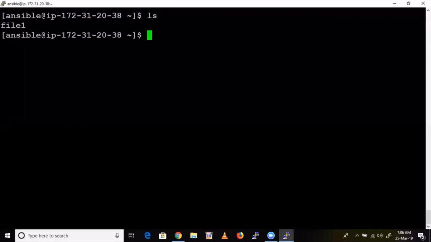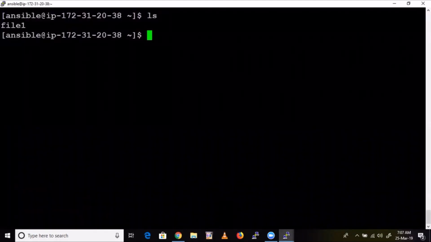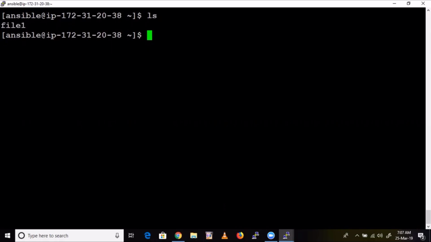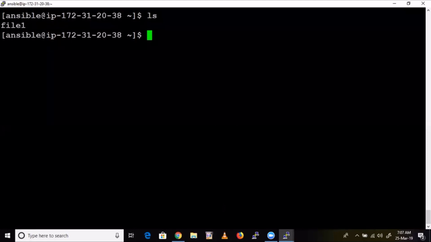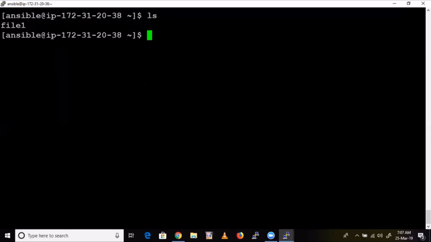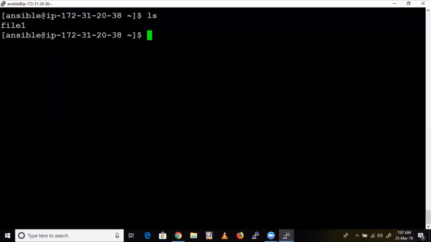Understood, guys? Sai, one doubt here. Yes, please. You connected to SSH, right? Okay. It's asking for password. Is this for remote system Ansible user password or local system? It's a remote system Ansible user password. Okay, because you are going inside that machine, right? Without that user's permission, how can you go inside that machine? Correct?